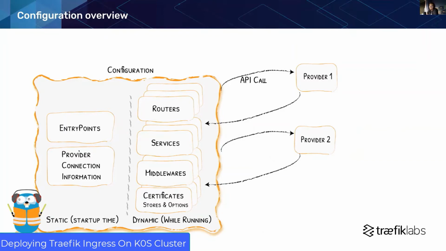Provider connection information also requires restarting Traefik. And saying provider, I mean, for example, Kubernetes CRD, Kubernetes Ingress, Docker, file provider. So those things are not dynamic. On the other hand, we have something that is called dynamic. We have routers that can be dynamically created based on specific rules. Services: Traefik is able to discover services in your infrastructure and automatically apply them to its configuration. So no need to